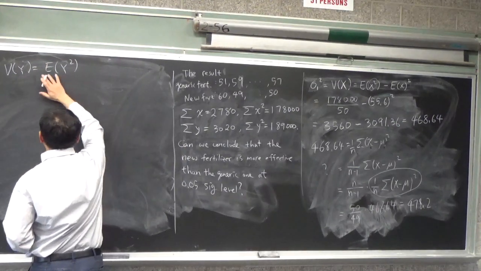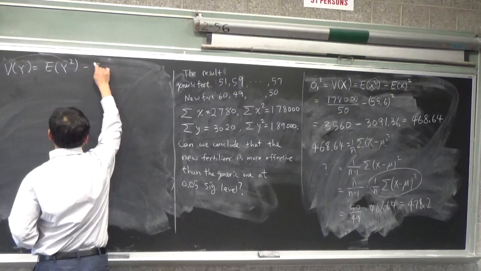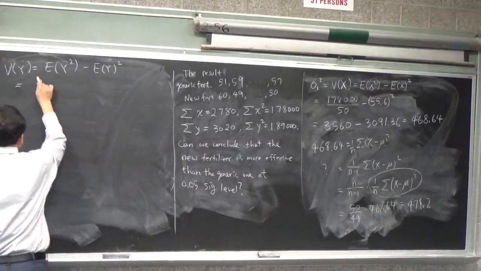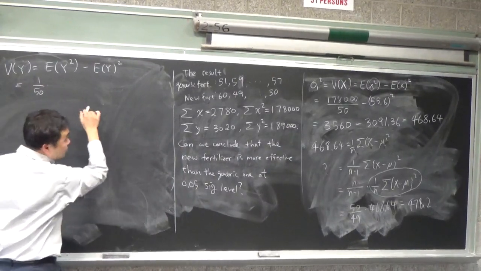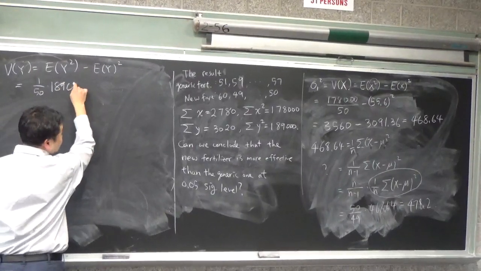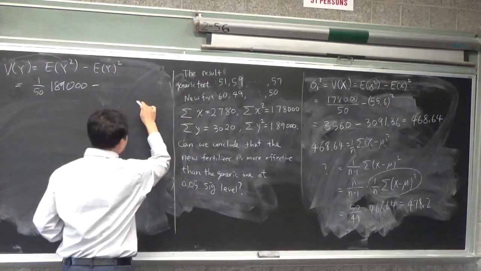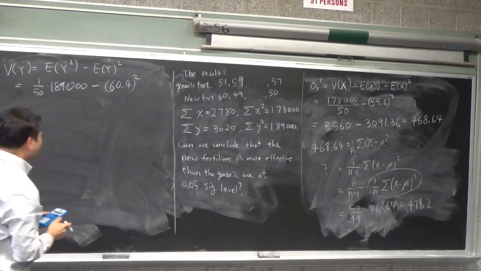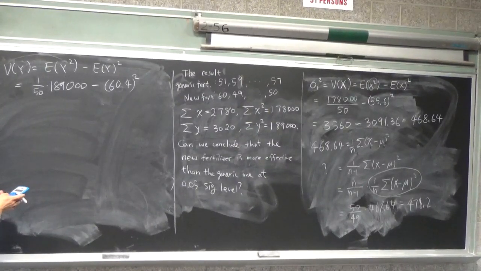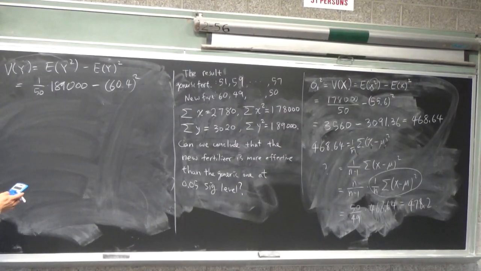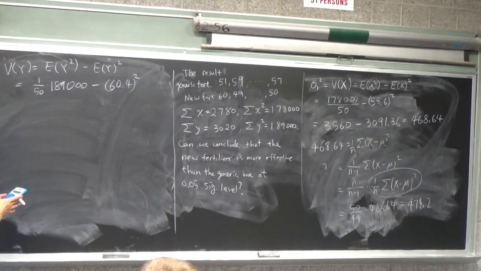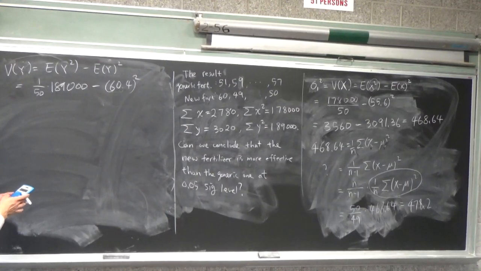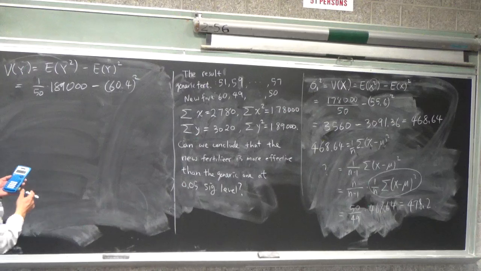V of y is the average of the squared minus the square of the average, and that one is 1 over 50 times 189,000 minus 60.4 squared. So 189,000 divided by 50 minus 60.4 squared gives you